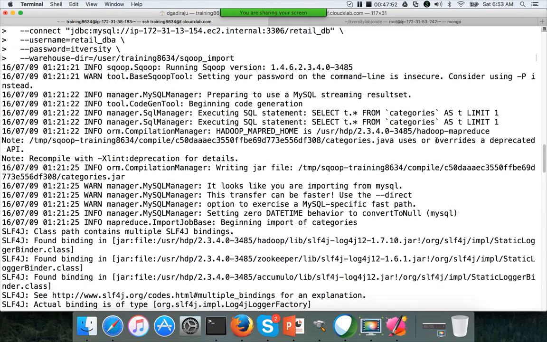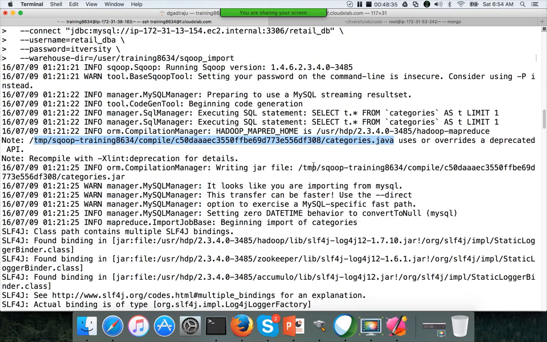Once it gets the data types of the columns, it generates a POJO, or plain old Java object, which will be used to compile a jar file. You don't need to worry about what it generates. If you are a Java developer and want to see it, you can go to the location it has displayed here and look into the Java file. It will have class attributes for each of the columns in the table and getter and setter methods. If you are a Java developer, you will understand. If you are not, you don't need to worry much about it.